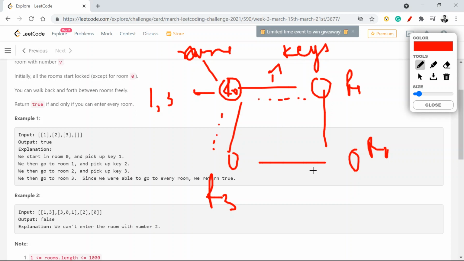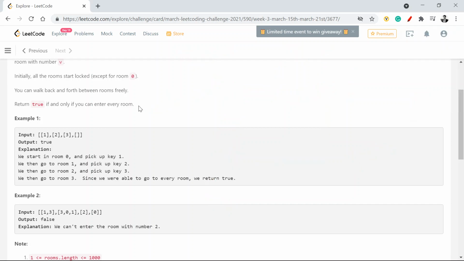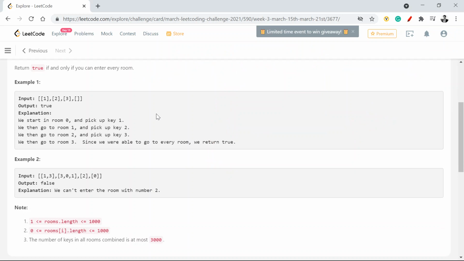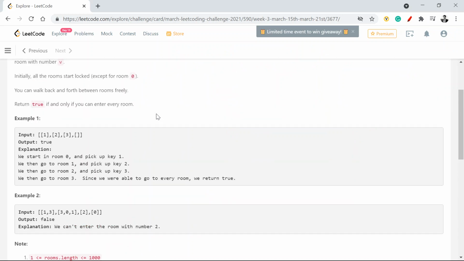So this is a vanilla graph problem of using a simple depth first search, or if you want you can use breadth first search as well. I need to visit room 0, my starting index, find all the keys, and then with those keys keep going depth wise to find all the rooms associated with those keys.